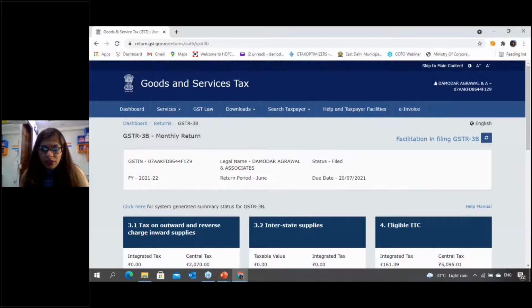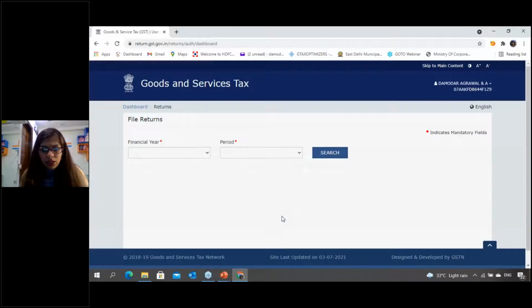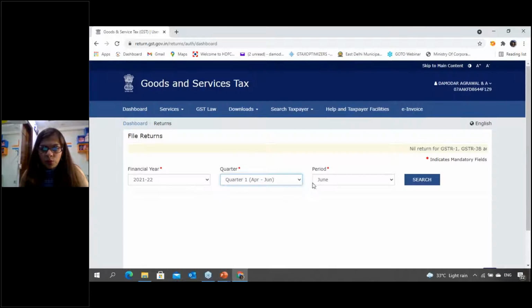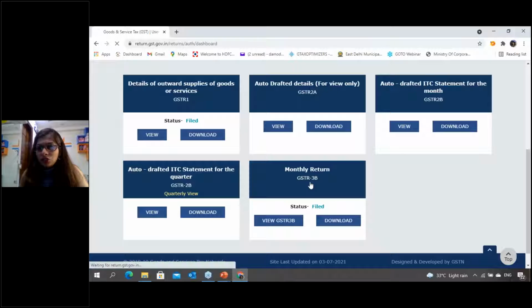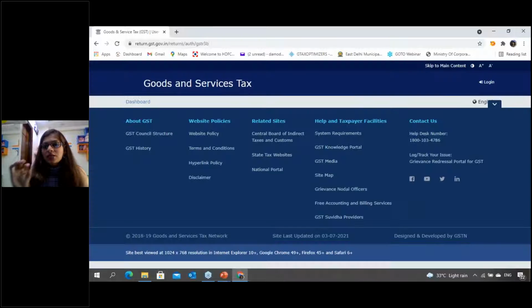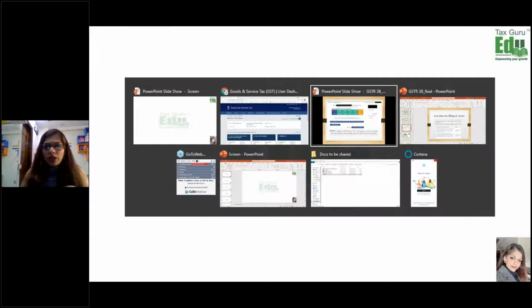What happens is that before you click, let's suppose I'm going for Q1, then I'm saying June, I'm saying search. When you click on this monthly return GSTR-3B, it will ask you one more question. I'll show you that on the slide. When you click on this,